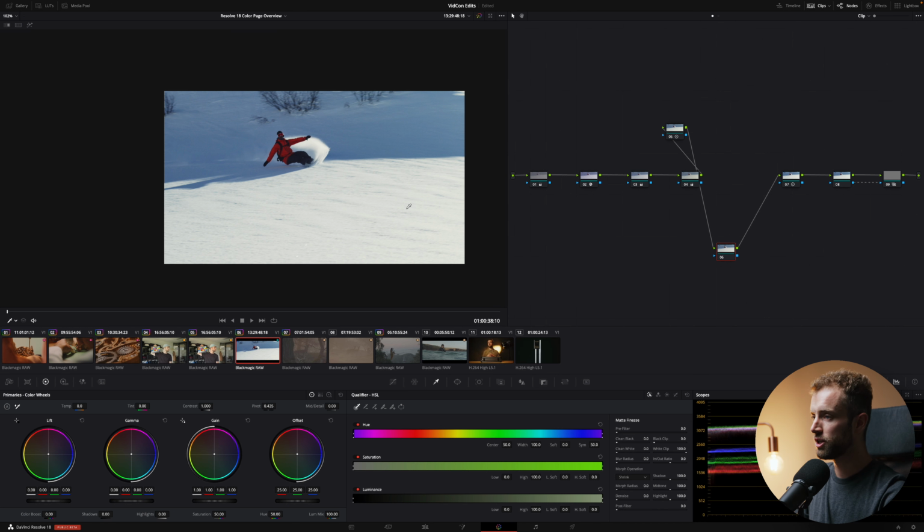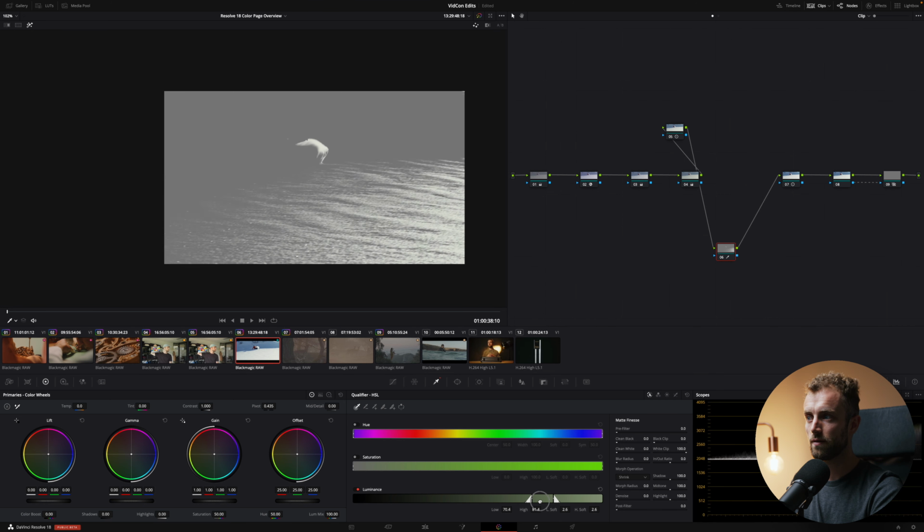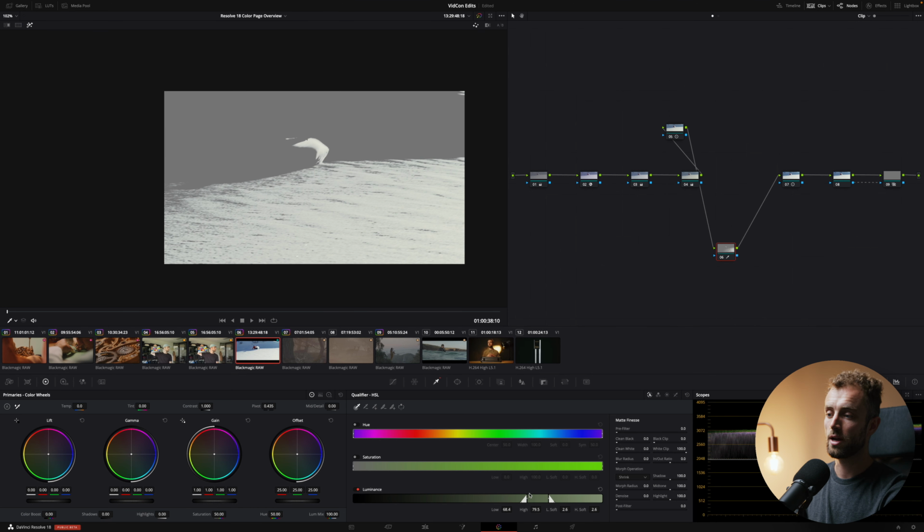So if we press Shift H and we have, for example, now we only want luminance, right? I'm going to click on our bright snow. You can see that it makes a perfect selection of the bright snow, right? Because we selected luminance. Now, if we want to expand it a little bit, we can expand it, and see that gradually stuff gets added in because that is part of a lower luminance value, right? But we can also move it up. You can see that now slowly that value starts to fade away and only the brightest parts remain in that shot. So this is a way to do it.